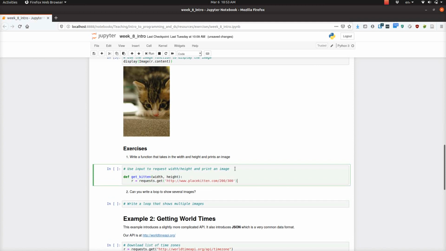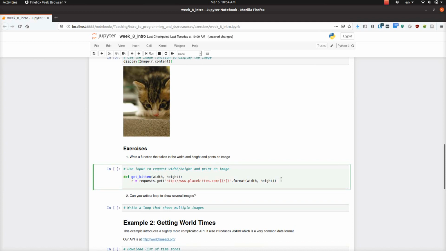And we'll do this, r = requests.get, and I'm going to replace these with the variables that we got. So width, format, width and height. So this will put these two variables, which get passed into the function, the first one here and the second one there. So that should get it, and then